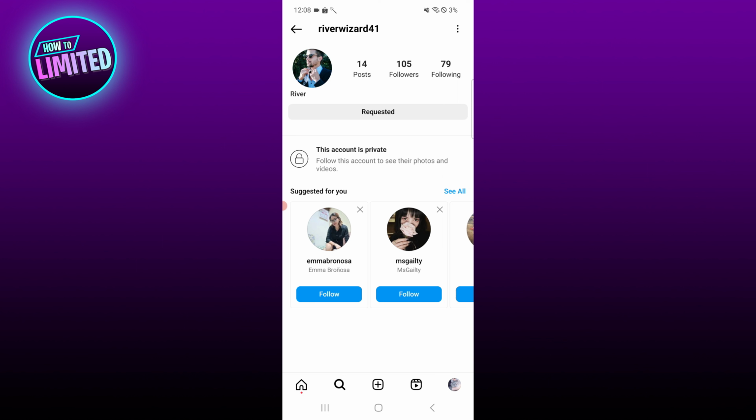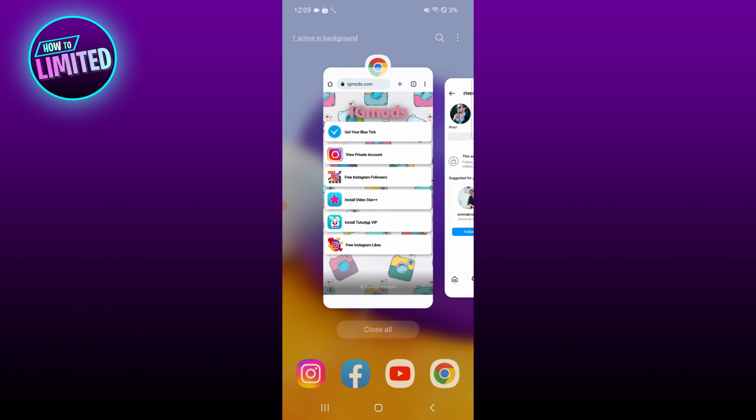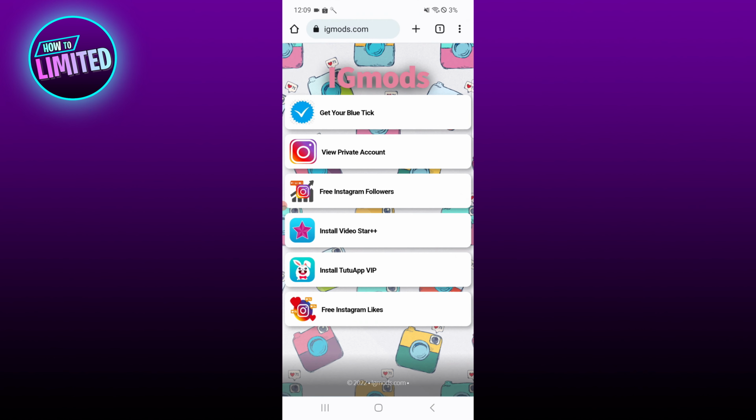Another way to view private profiles is by using an Instagram viewer tool. These tools are designed to bypass the privacy settings on private accounts and allow you to see the content within them. To begin, open any web browser and type in